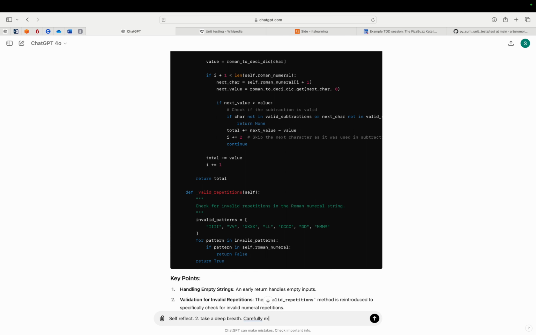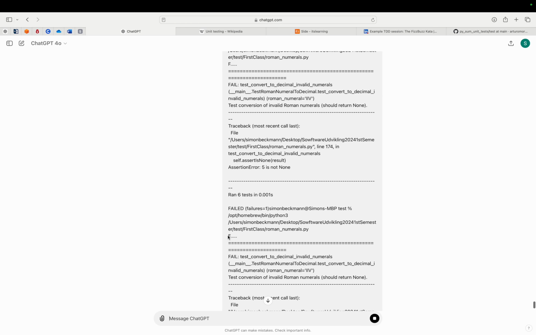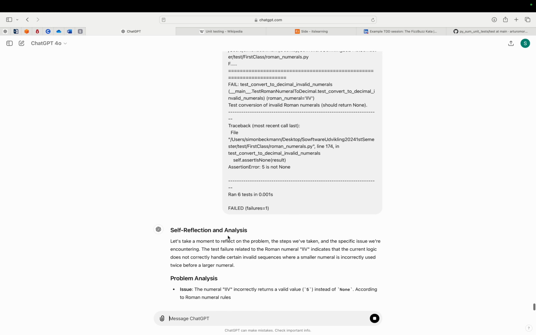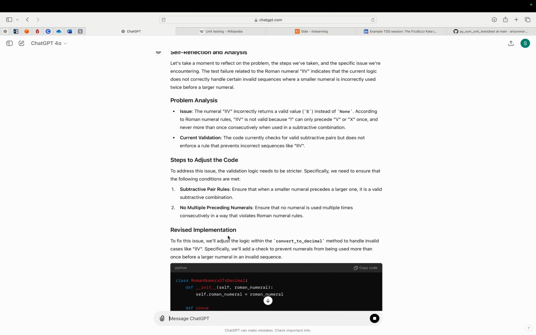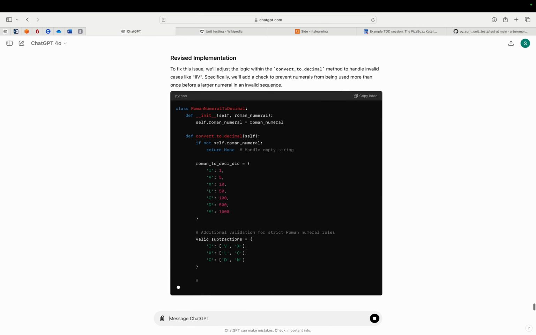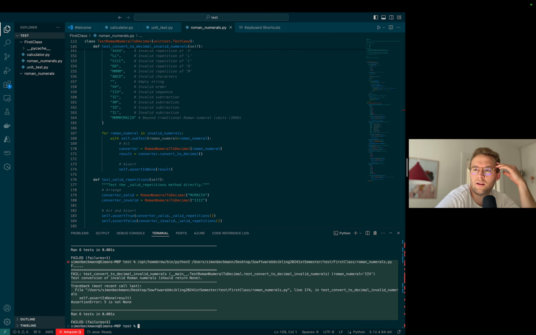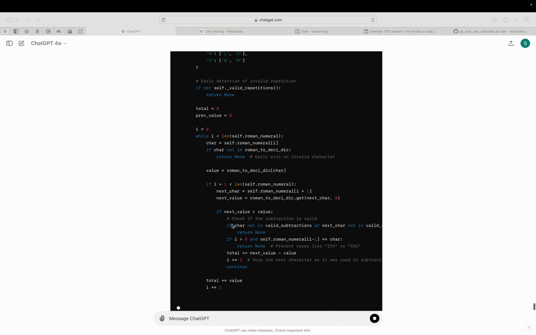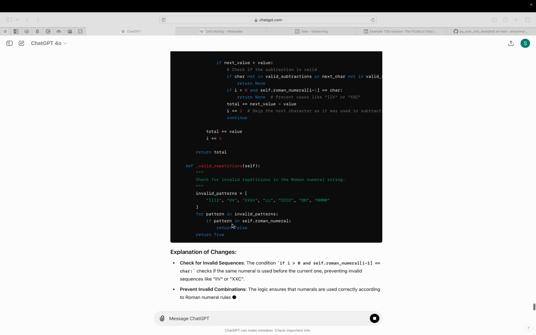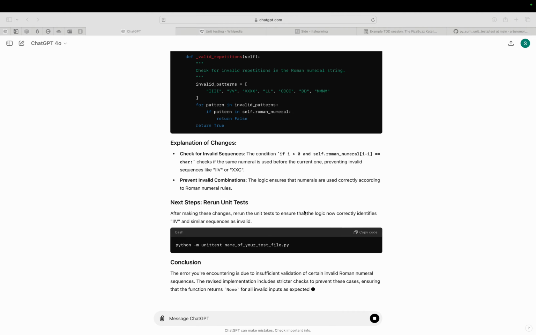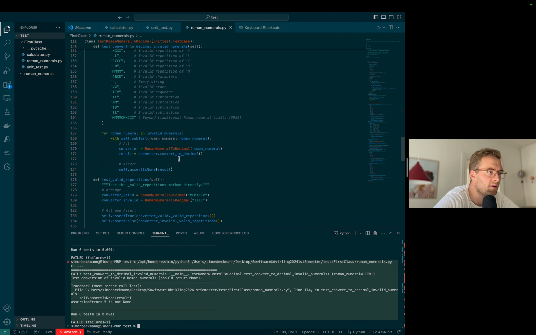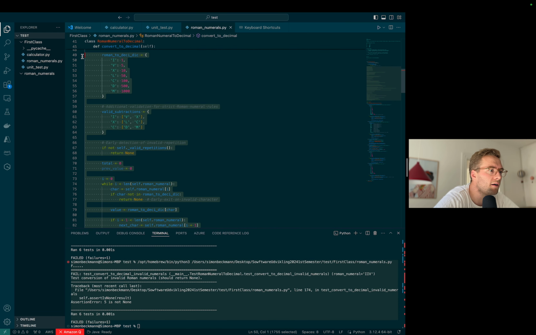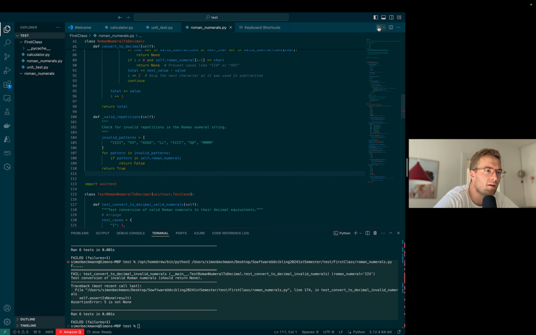Carefully examine the error and adjust the code. Numeral incorrectly returns a value. So